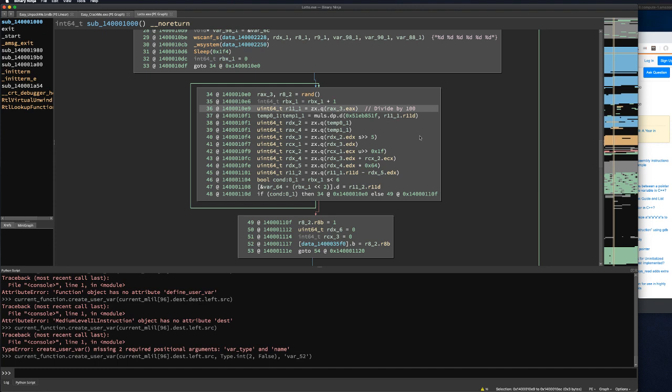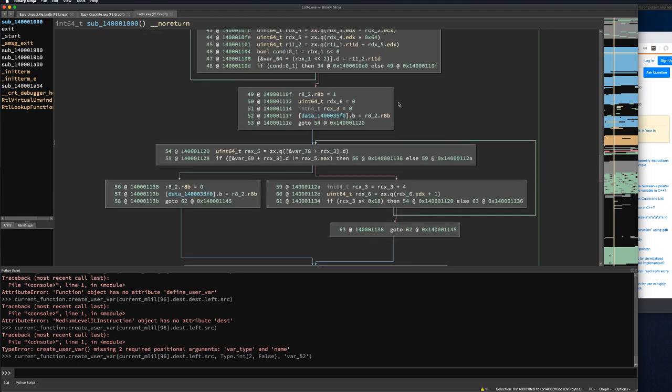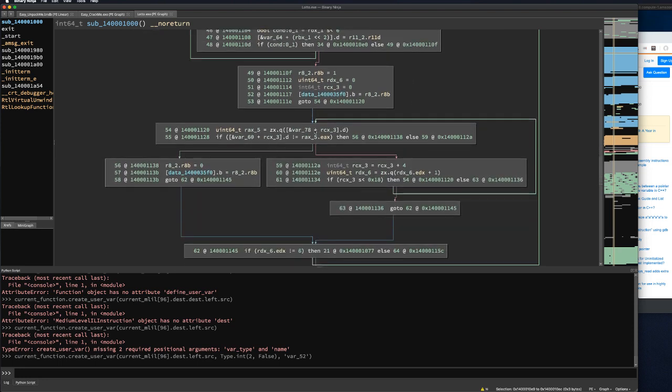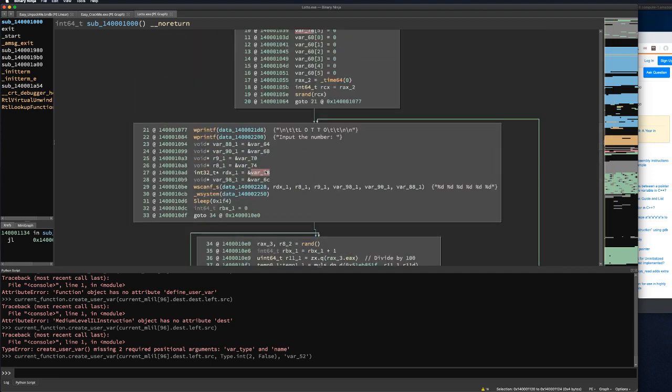It's probably doing that divided by 100 plus something so that it clamps the value down to 1 to 100 or whatever. And then once we come through there, we come down here. 78 is